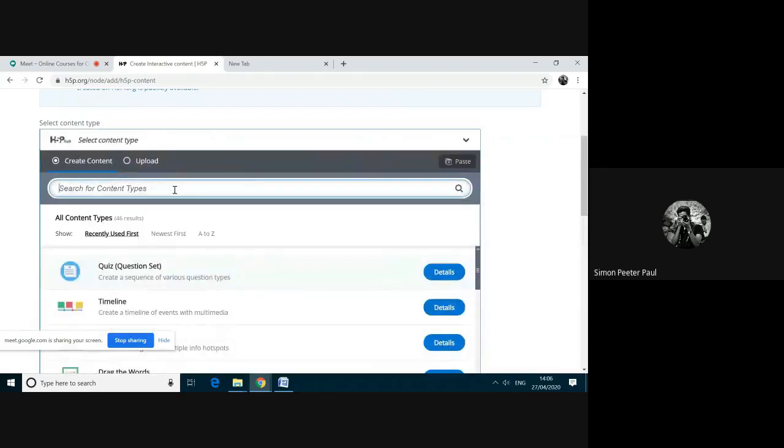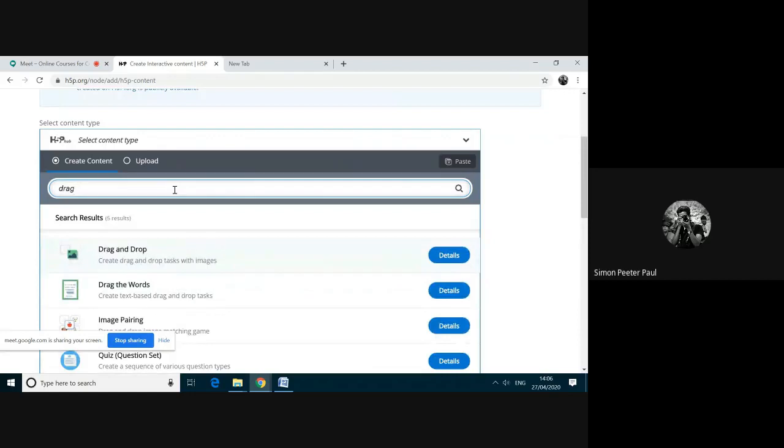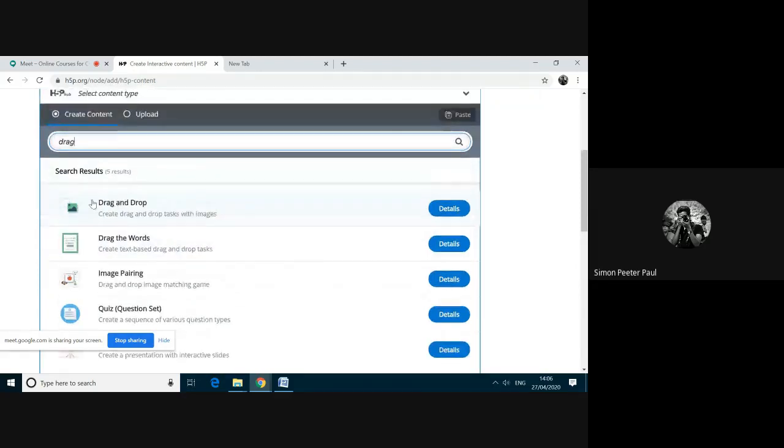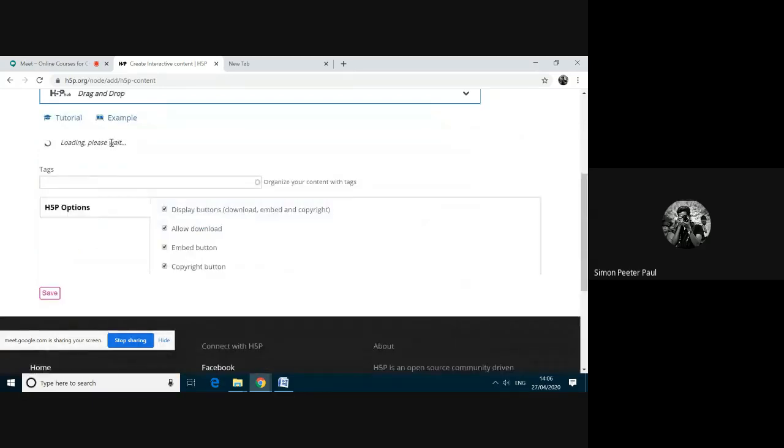Here in the search for content type, I'm typing drag. While typing drag, there are two different items here. Drag and drop is different and drag the words is different. Please ensure that you are clicking the drag and drop. I'm clicking this drag and drop.